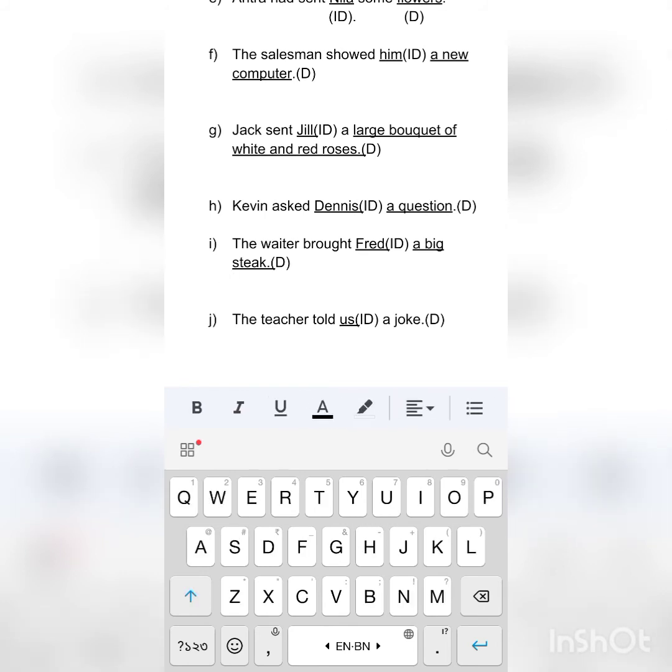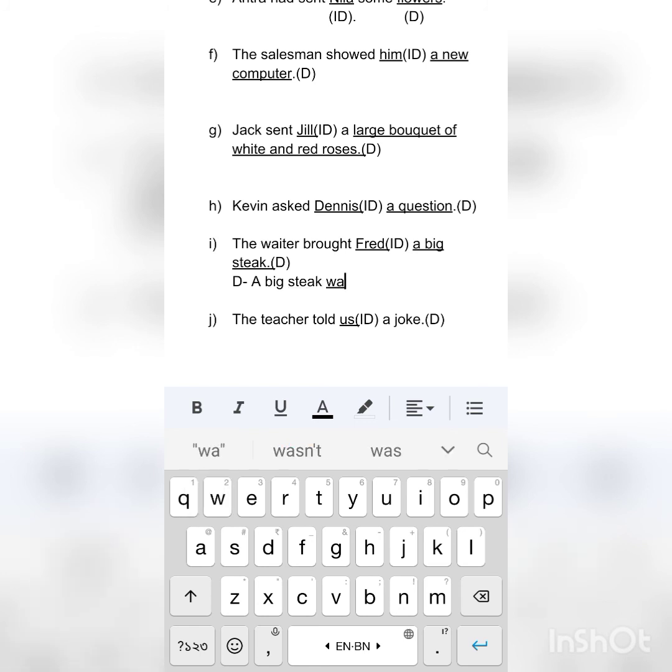Okay, so again we'll use the direct object first. Direct object is a big steak. The waiter brought Fred a big steak. What did the waiter bring for Fred? He brought a big steak, so that's the direct object. A big steak